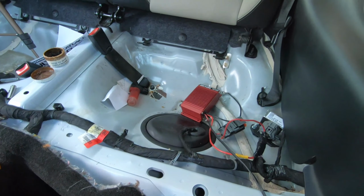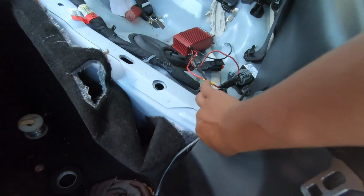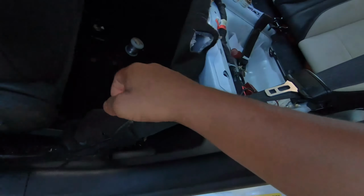Okay, so I decided before I set the final resting place for the booster pump and the ground, I'm going to be running this wire right here. Right now I can adjust this. It gives me room, so if I need more length, I can simply move it closer to the front of the car. So of course, in order to run it, I'm going to need to